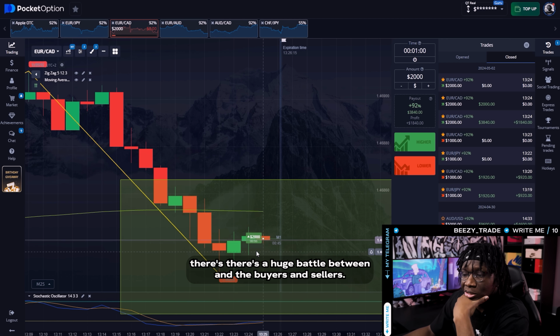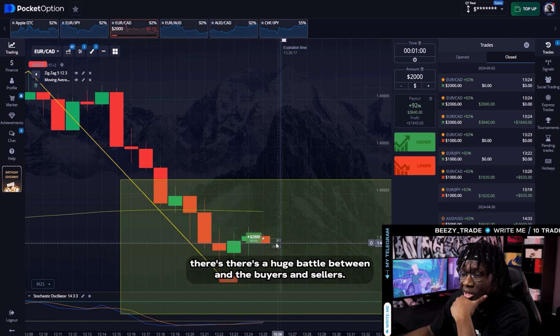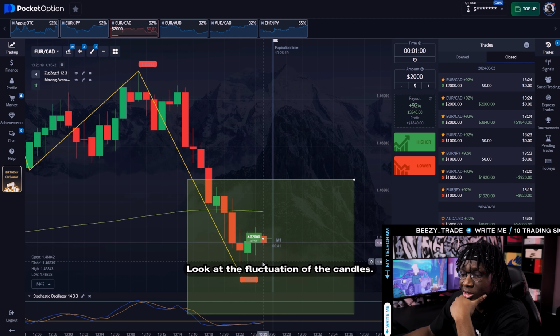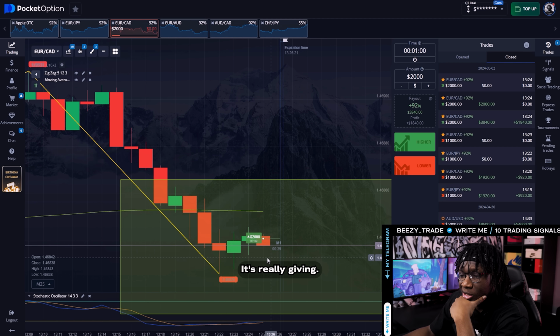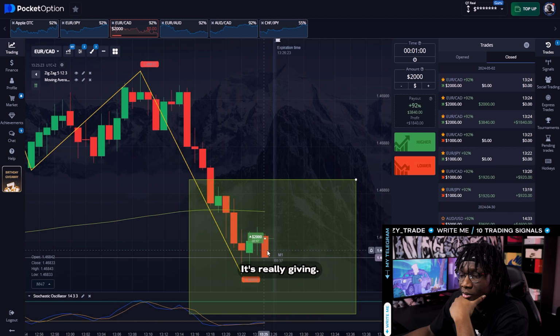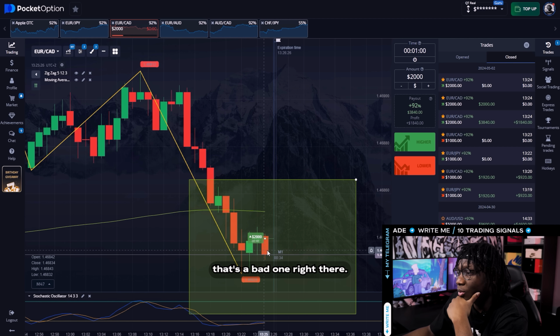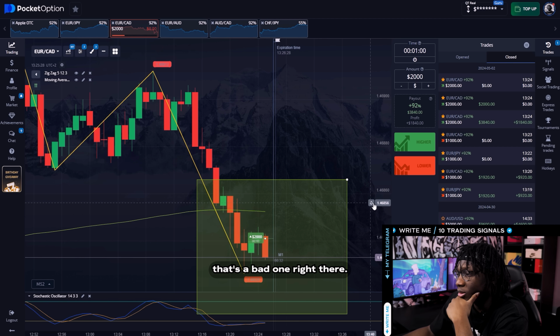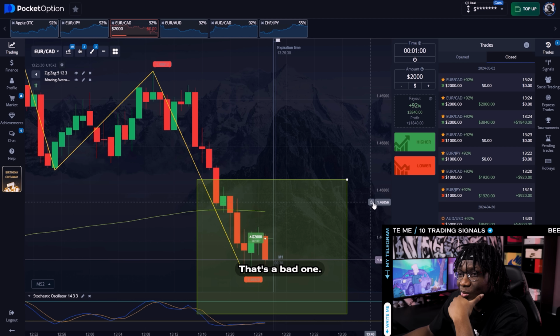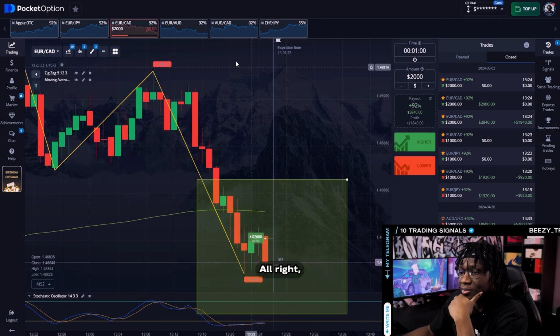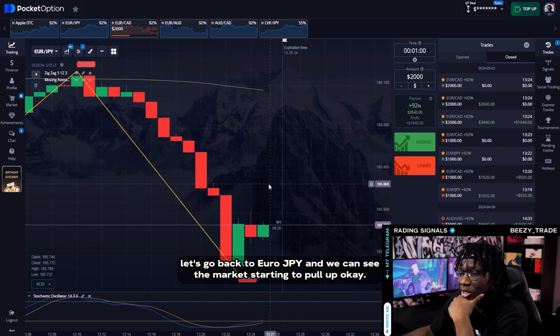You can see that there's a huge battle between the buyers and sellers. Look at the fluctuation of the candles. It's really giving. Oh, that's a bad one right there. That's a bad one. All right, let's go back to Euro JPY, and we can see the market starting to